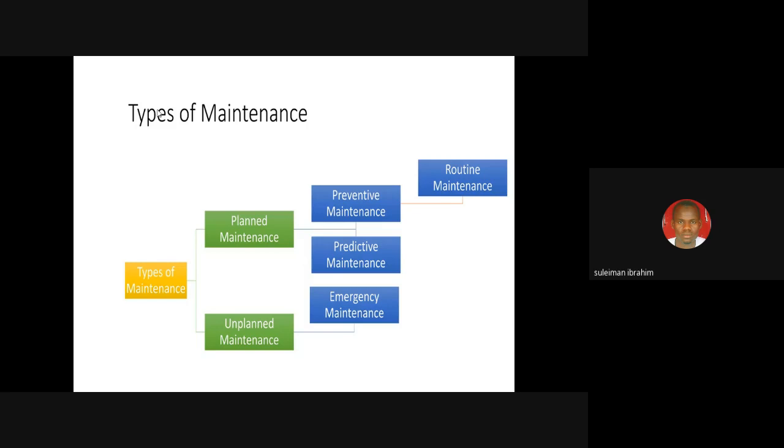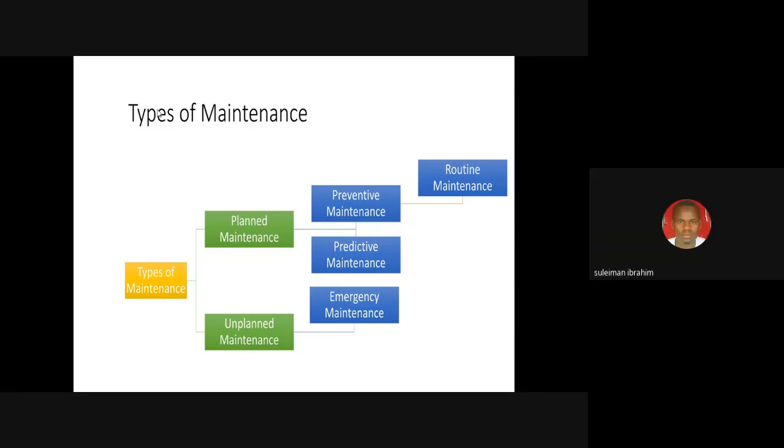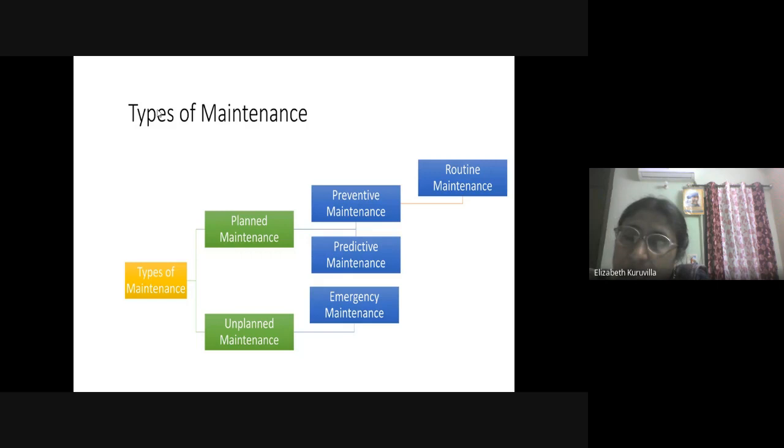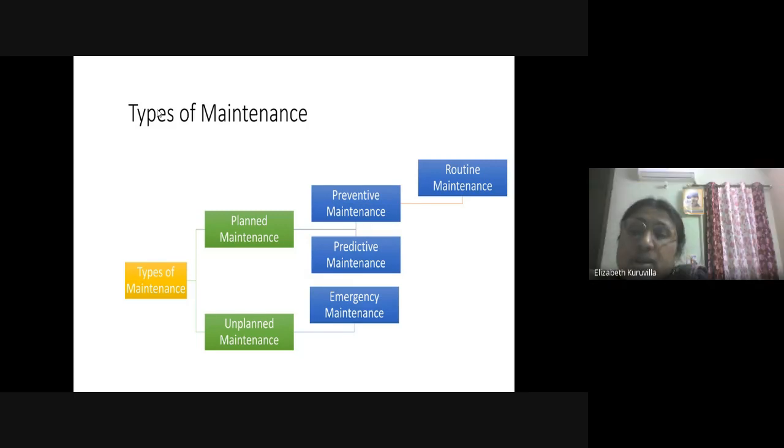Mostly planned maintenance, ma. No unplanned maintenance. Can you tell some of the preventive maintenance you have taken or emergency maintenance in your school? Provision of a fire extinguisher is for emergency matters. What is one example of emergency maintenance from your school context? Like when there is a fire outbreak. Okay, fire outbreak. Okay, emergency maintenance.